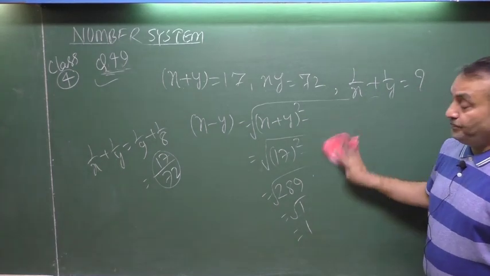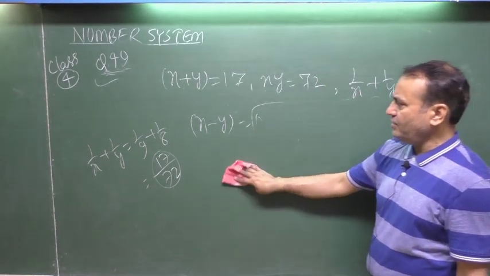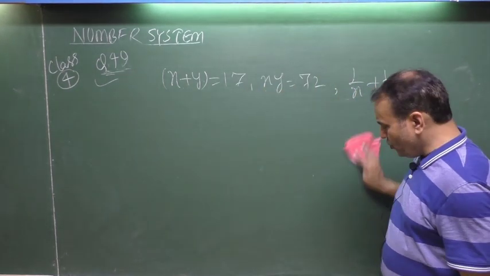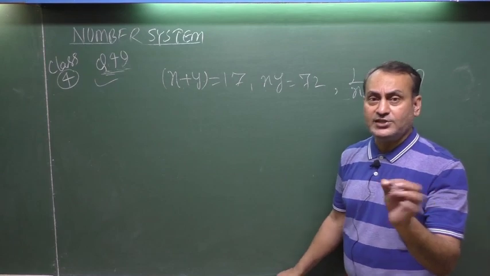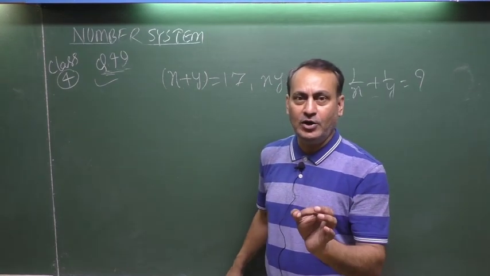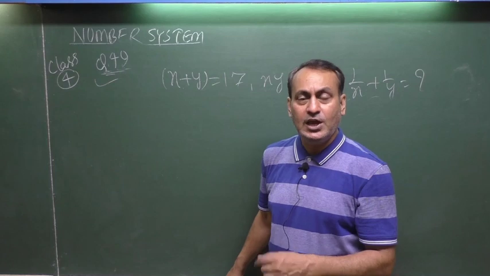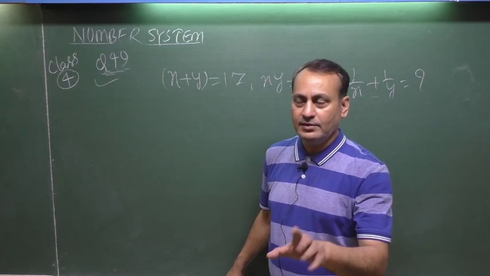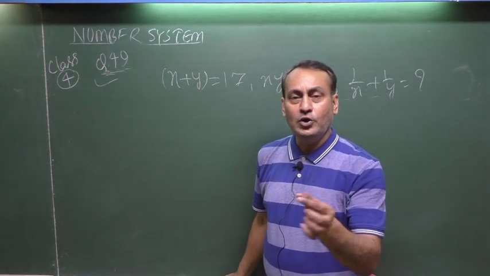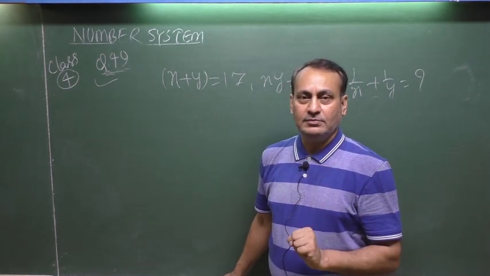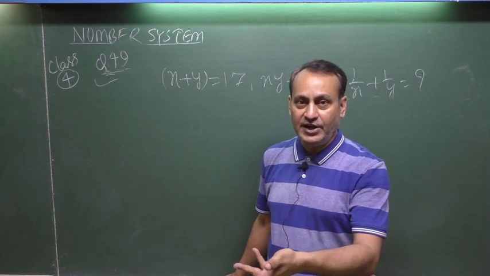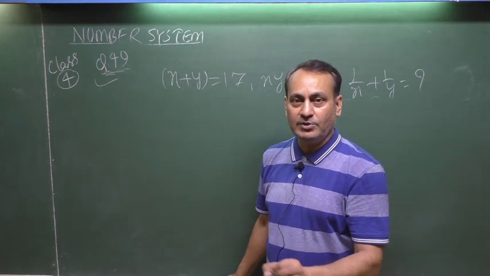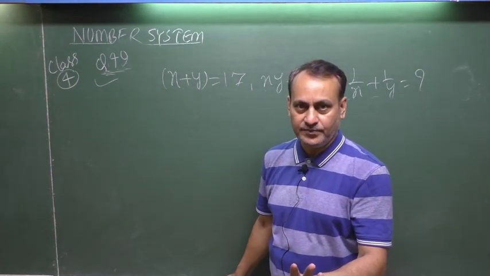But I am going to ease this question by the next assumption. See here. Since the question, no need to find out the value of x and y separately in such situations. Without having the value of x and y separately, you can answer very easily. See the moment first. Question told you, there are two numbers. After being added, the result is 17. After being multiplied, the result is 72. Find out the sum of the reciprocal of the numbers. This is your question, okay?